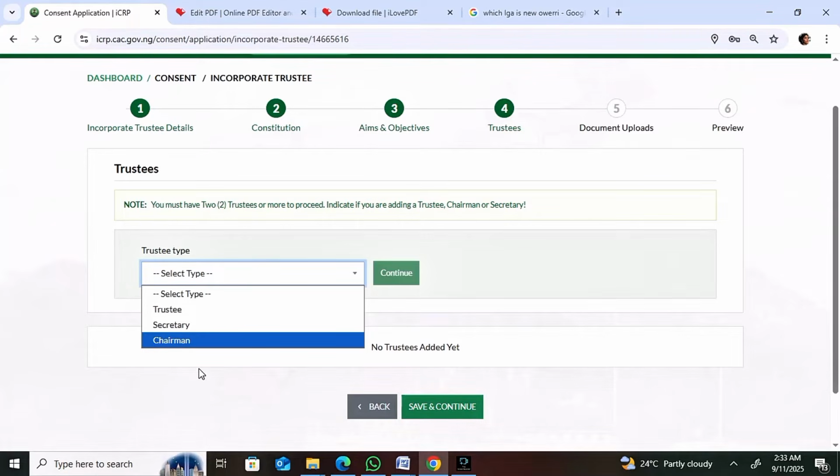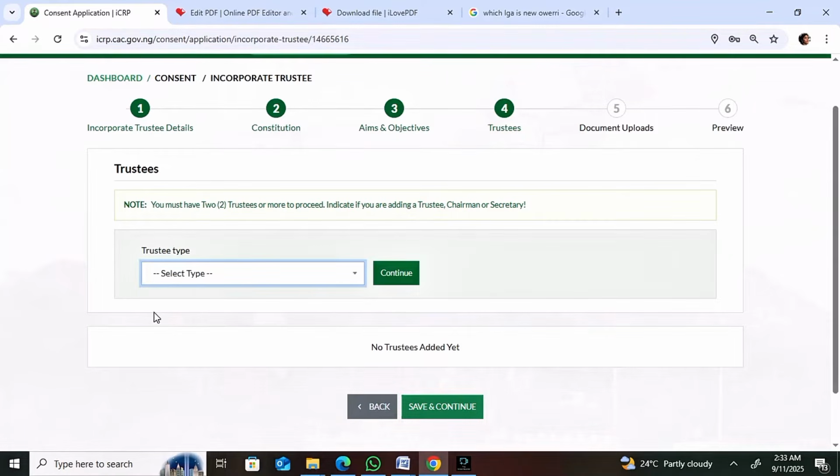There's also something I noticed, which I don't know if we are going to be adding the trustee information 2 times, because unlike the previous portal, we had the option of picking the trustee, and as part of filling it, we were going to pick the option to say if the trustee is a secretary or not. But now,